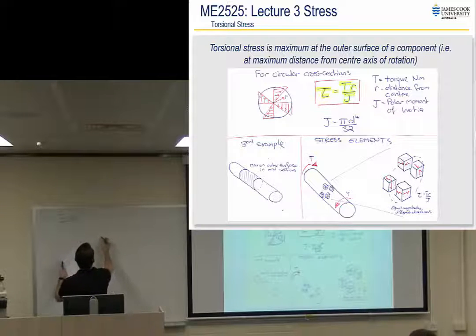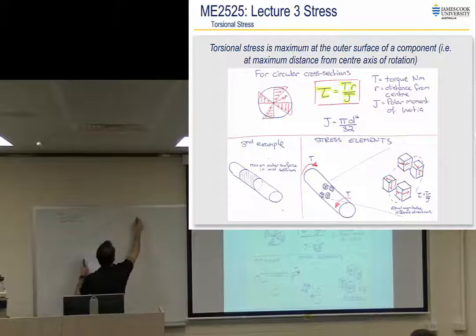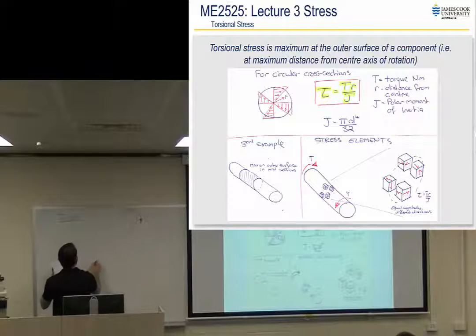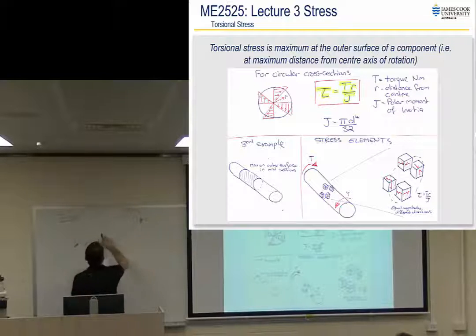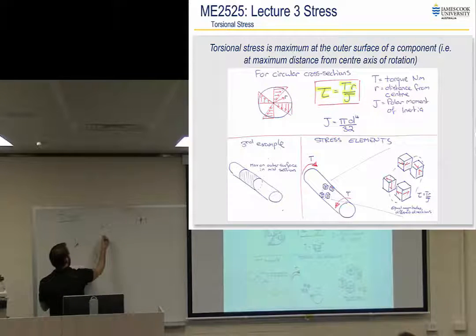Alright, so let's say I have, and I'm going to shadow out that bit, and I'm going to draw the back section hard, and I've got a torque on this end that goes like that, and I've got an obviously equal but opposite torque on this end that goes the other way, T. And I want my stress vectors on that front face. So what I'm going to do